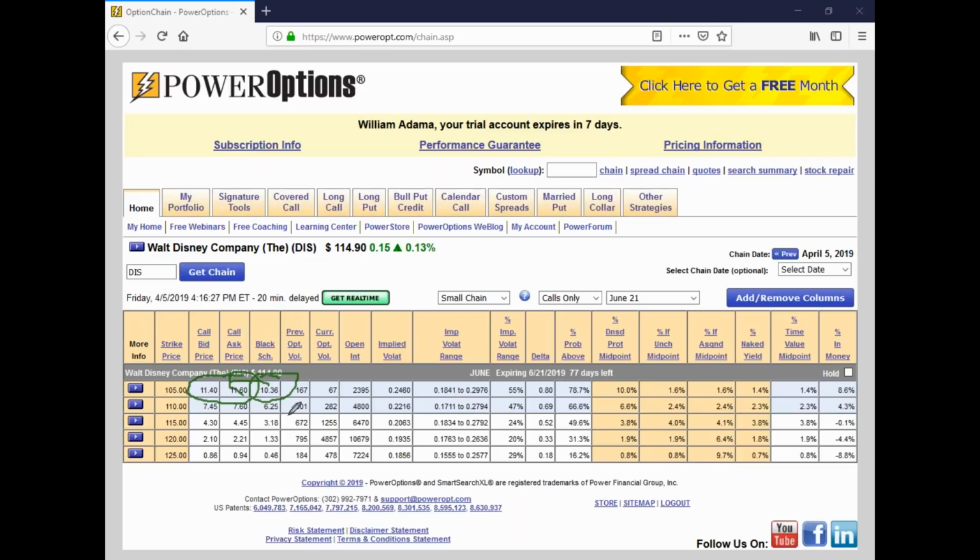That's one of the ways that you can search for overvalued or undervalued options in PowerOptions, is you'll see the Black-Scholes ratio, or BS ratio, which you might think means something else, but it's referring to the Black-Scholes ratio. Now, what is the Black-Scholes number? Well, as I mentioned, it's the theoretical price of the option, where the option should be priced based on 5 factors: the stock price, the days remaining to expiration, current sort of interest rate on the market,